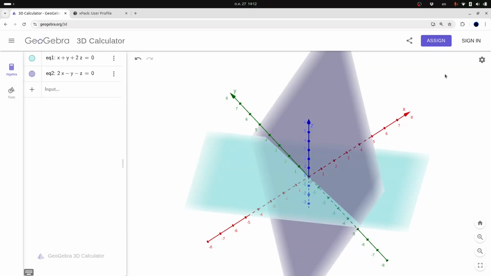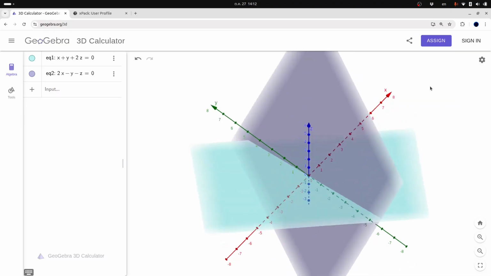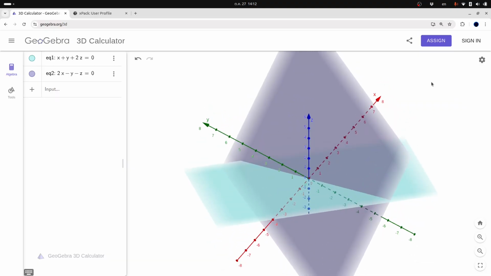Okay. What is the set of solutions of this system? When I talk about the solution of this system, I want the set of points that are solutions to both equations. So the points satisfy both equations. What are they? What is this set? Can you see it?